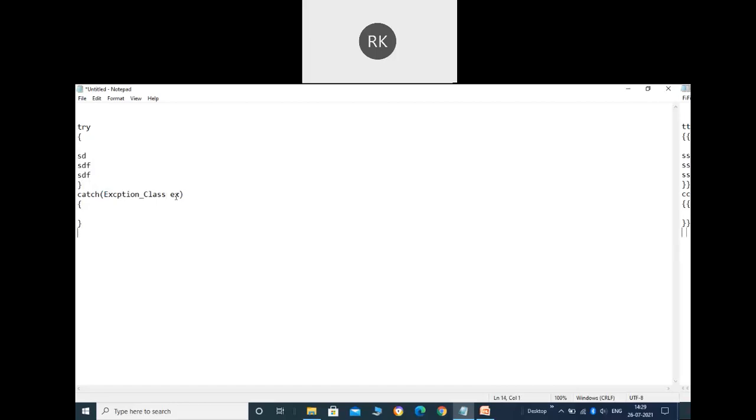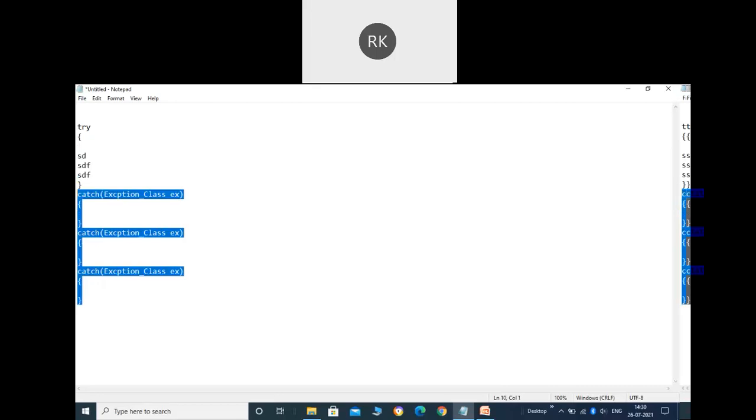In that way, I can have multiple catch blocks, because you are going to have multiple lines of code within the try block, so obviously the try block can throw multiple exceptions. All are supposed to be coded, so you can code them all using a single catch statement, or using 2 or 3 and so on. So you can define any number of catch statements followed by the try.